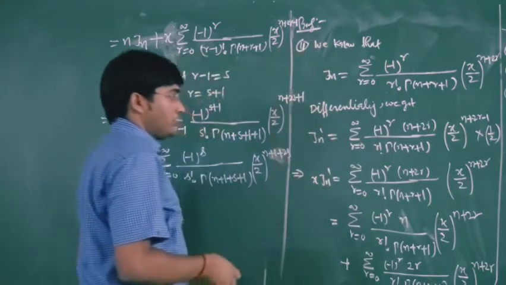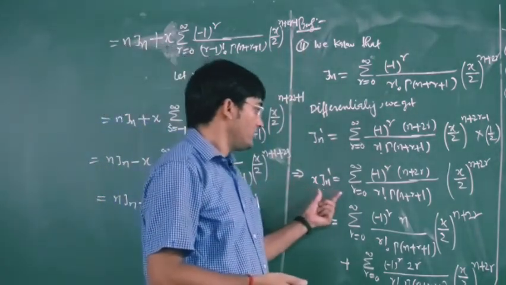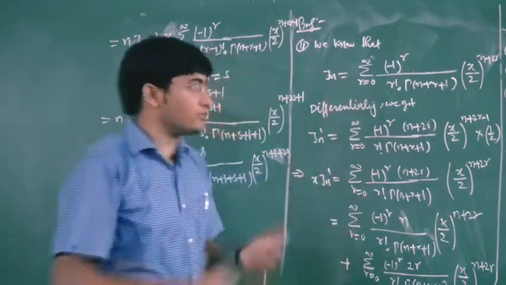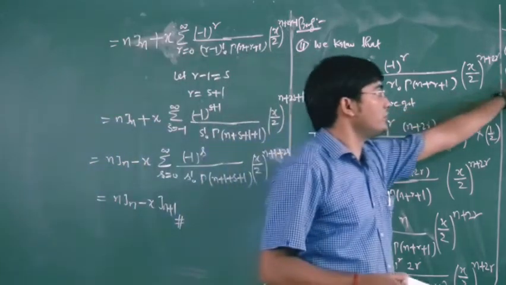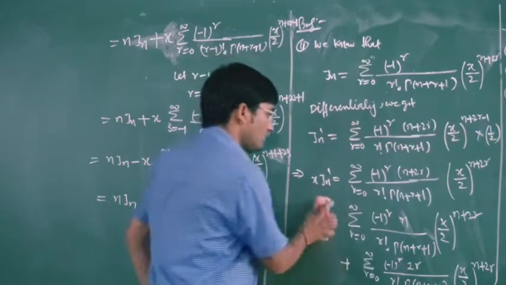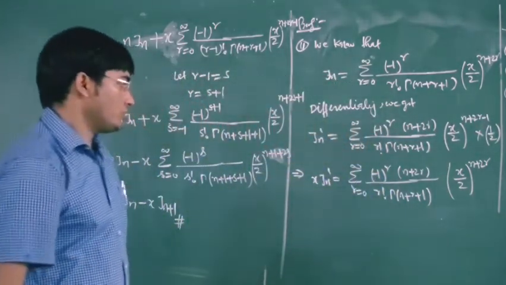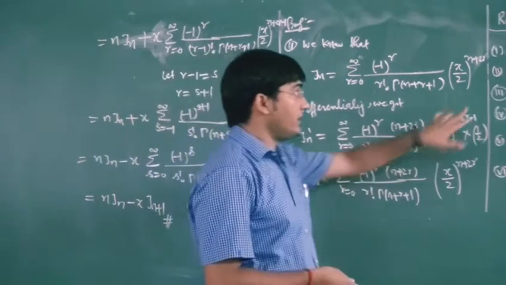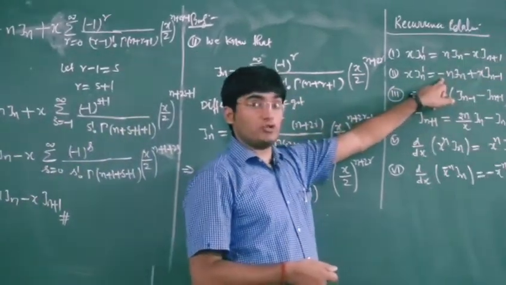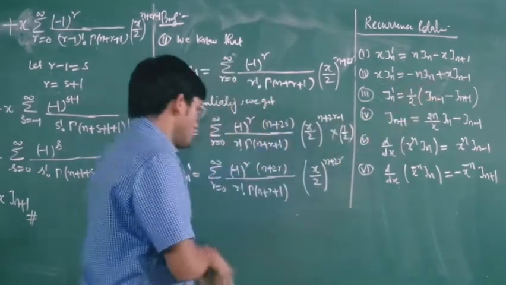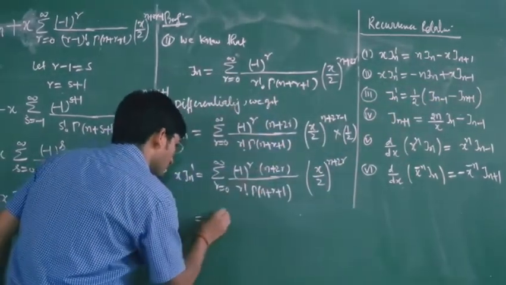So, proof of the second part. For the second part, we have these terms common, because in the second part again we need x into Gn dash. So up to this term everything is common. So this is your x Gn dash. Now here you can see that we need minus n into Jn. So as we need minus n into Jn, so let us write